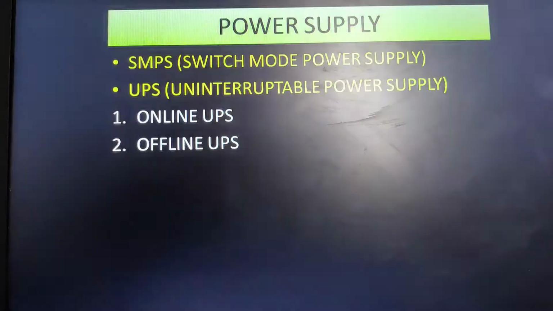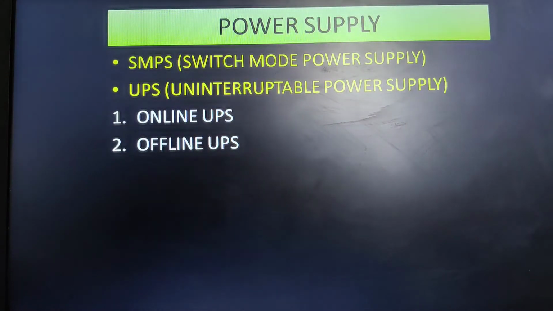Now let us discuss further. Usually the electrical power is the main source of supply for the operation of the electronic components of the computer system. Because of that, we need to continuously supply power to the computer system in order to prevent failures, breakdown or shutdown. So that your computer system keeps working, we should make sure that there is a continuous power supply to the computer system.